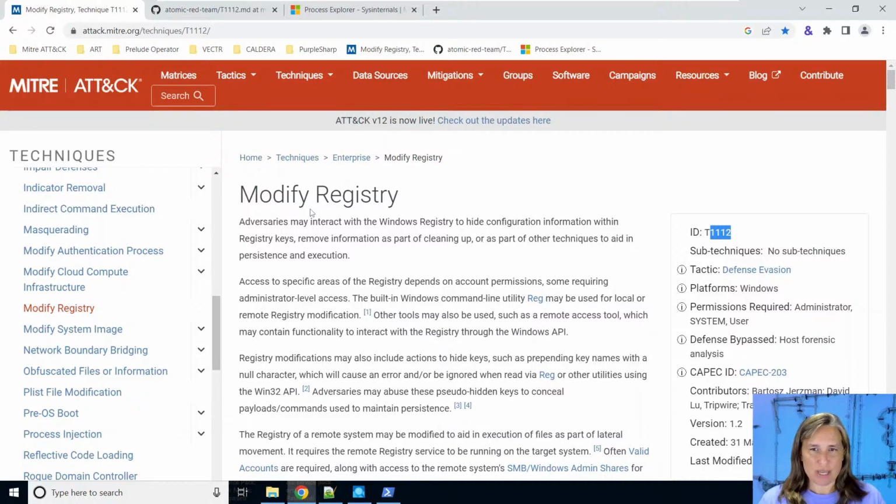So it's really pretty generic because the registry controls so much of what Windows does. It's kind of the database of settings. So we can change so many things and really accomplish many tactics, but MITRE has bundled them up under this technique, T1112, Modify Registry. So to make this technique actionable, we're going to go over to the Atomic Red Team